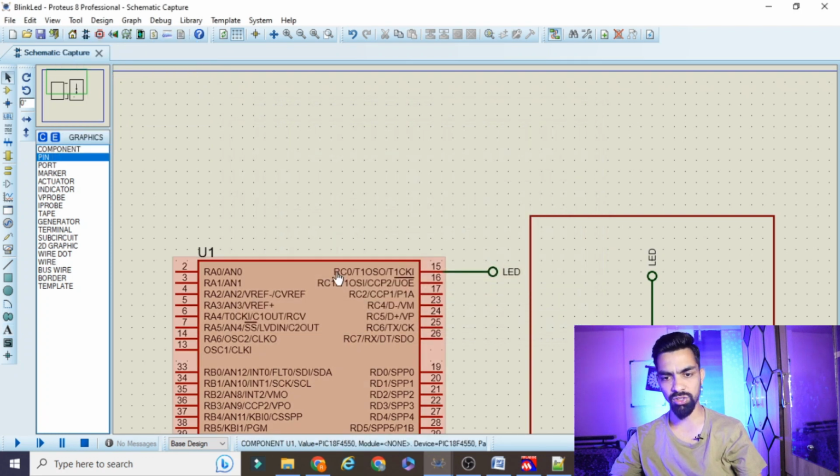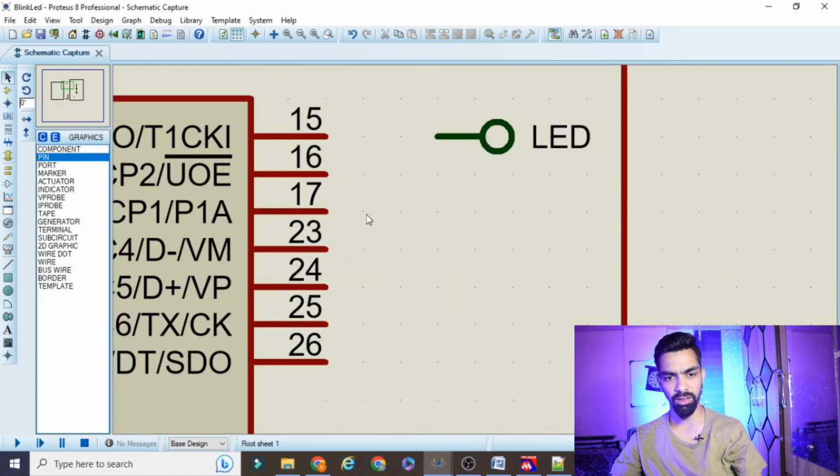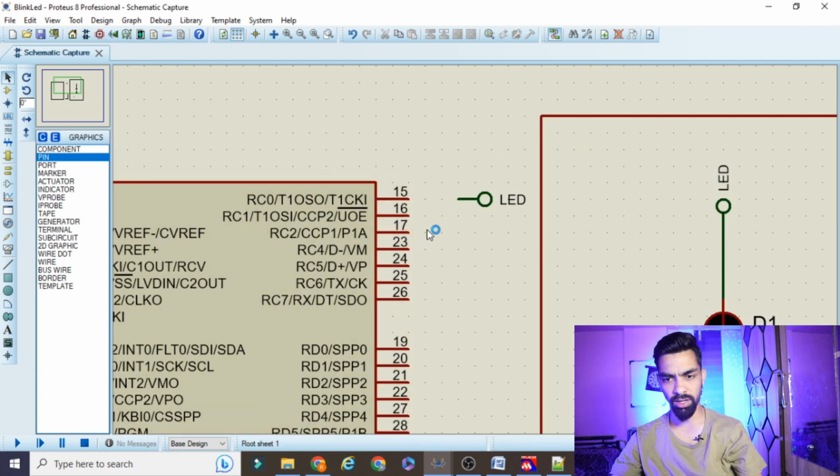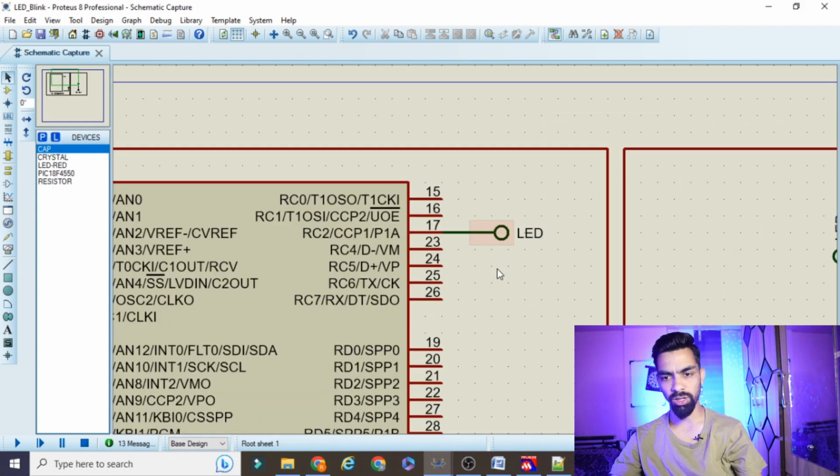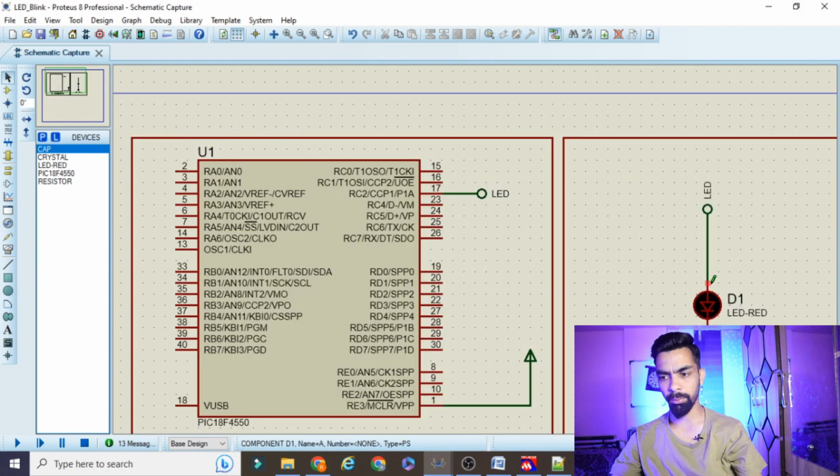Instead of RC0, we have to connect this LED to RC2. So right click here, delete this line, and then connect this LED to RC2 like this. This is only a small mistake. Okay, so my point is, in the PIC controller program, if you want to use the port,